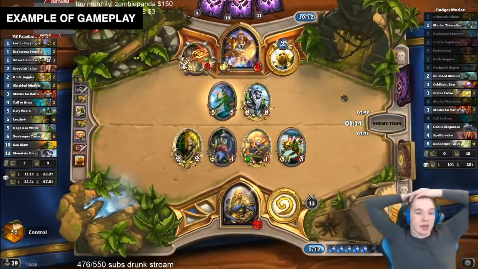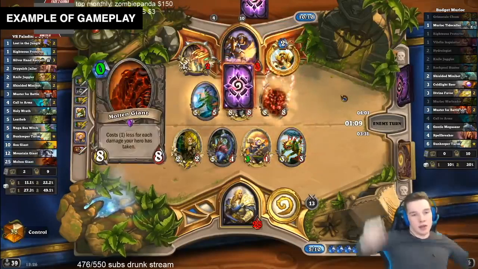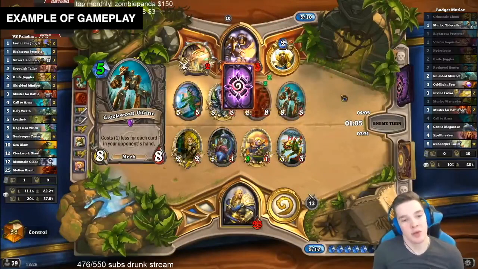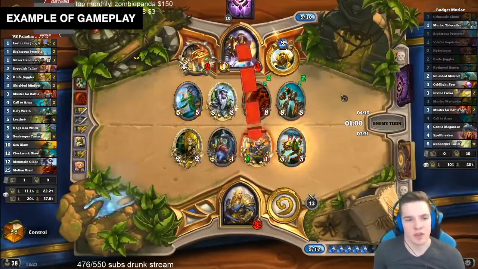So here, he can clear a 5-4 with his Mountain Giant, value trade with the Sea Witch, but he needs to heal. Or develop taunts here. Clockwork. We do have 3 power on board. We will have 3 power left over. Or, no, because if he uses his face in the...